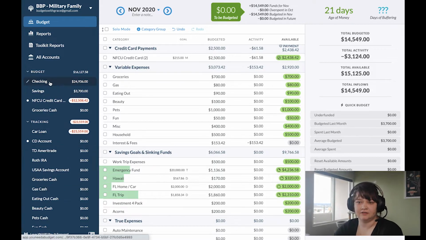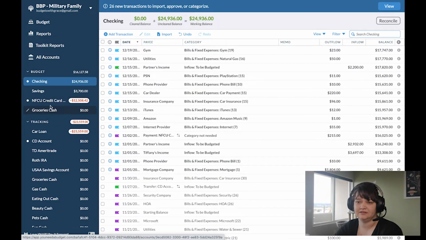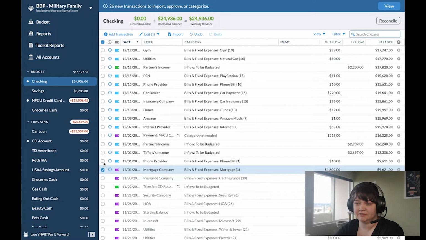All right, now I will go back into the checking and we'll speed through December and what has happened already in January. So let's see, I have the mortgage came out, a phone provider came out. The income came in, we made a payment to the credit card,